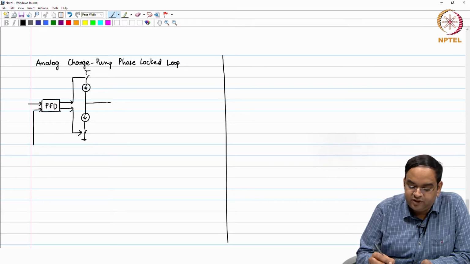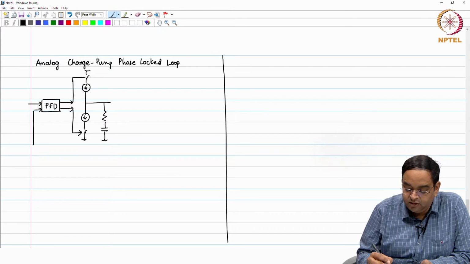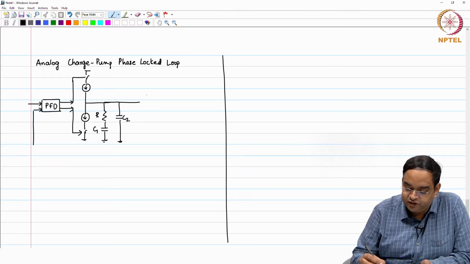The output of the charge pump goes to a loop filter, a passive loop filter with R and C1. Then you added an additional capacitor, which is C2. The output of that goes to an oscillator